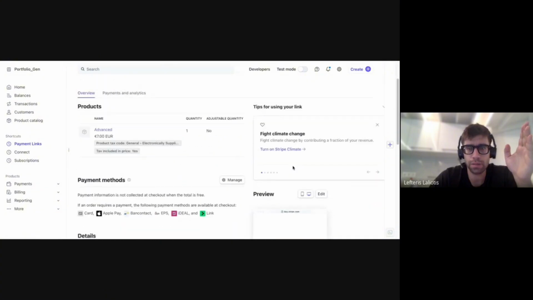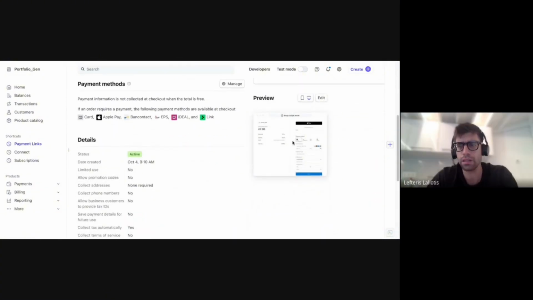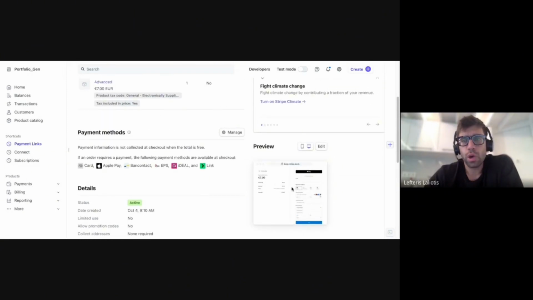You see the preview here again. It's really easy. You just need to connect your button with a checkout page. That's the first step, where you actually receive the payment.